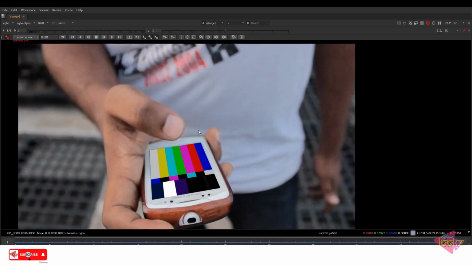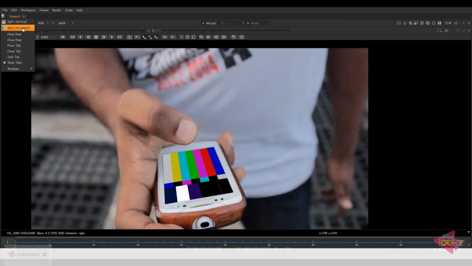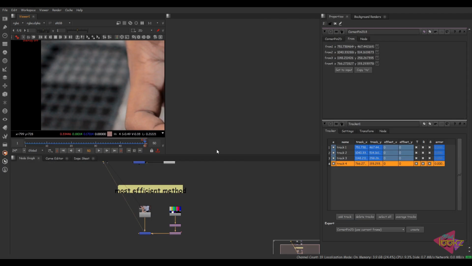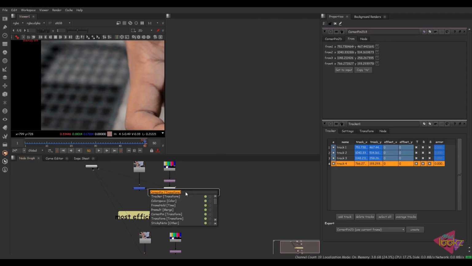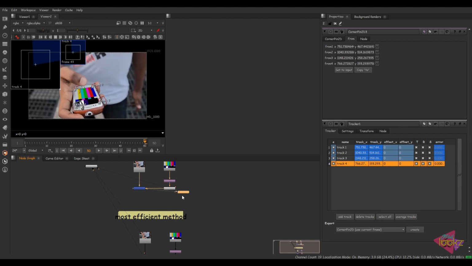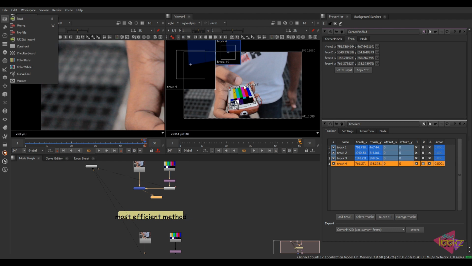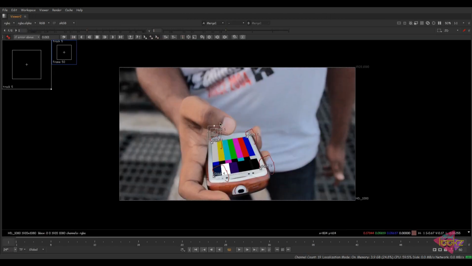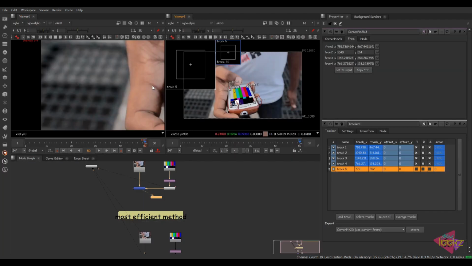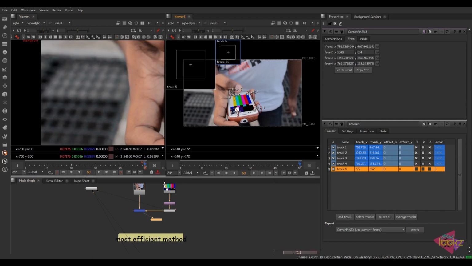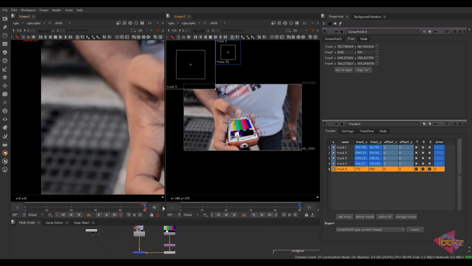Now we can check the output, split horizontal. Take a viewer node. I'm keeping it as the second viewer. Let's see how the output is coming. Oops, now we can't see both viewers. This is a problem, so I'm going to solve it.